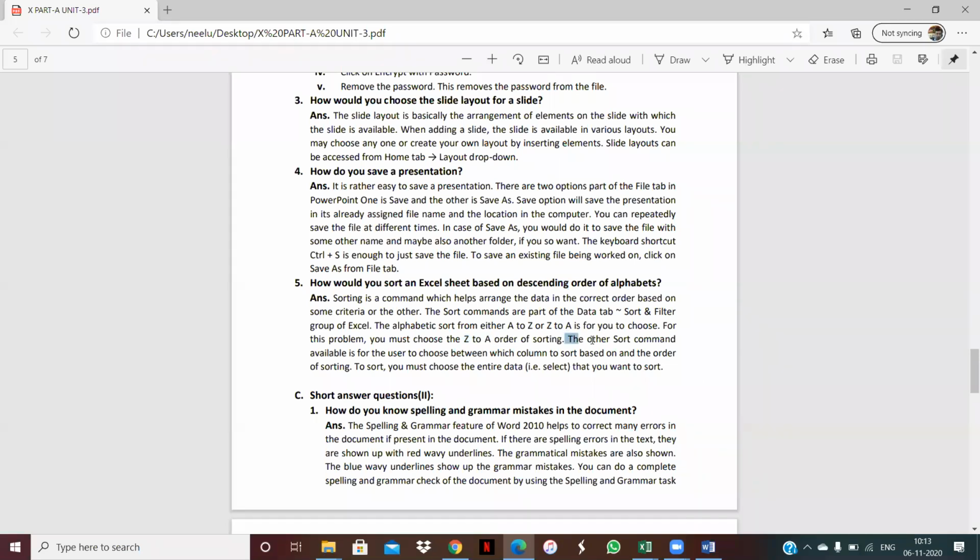The other sort commands are for the users to choose which column to base the order of sorting on. To sort, you must choose the entire data that you want to sort. First you select the data you want to sort, and after that you just click on the sort command.